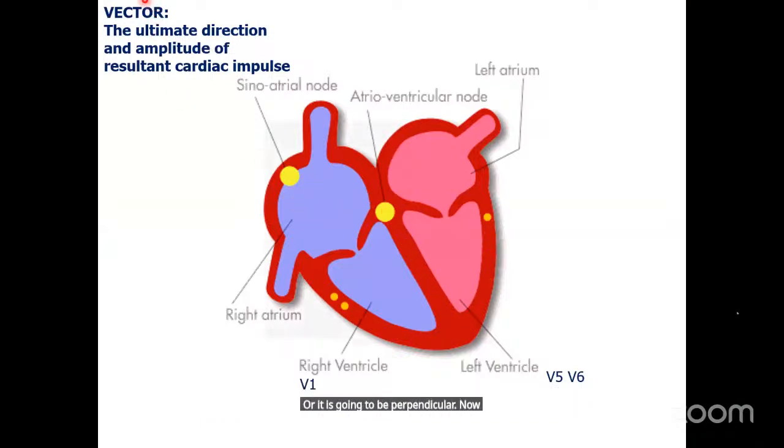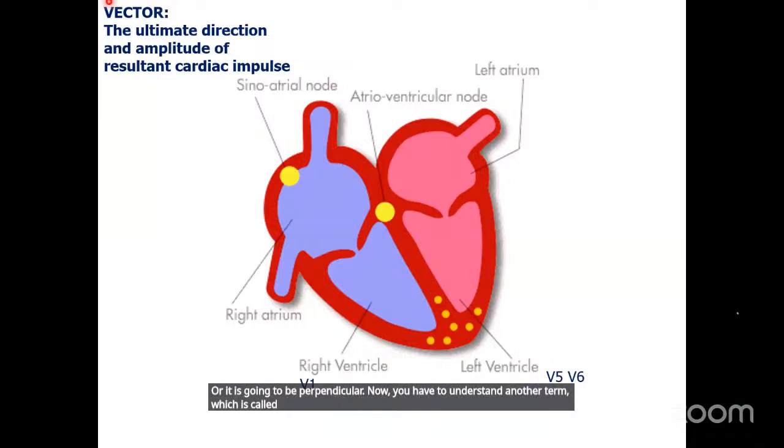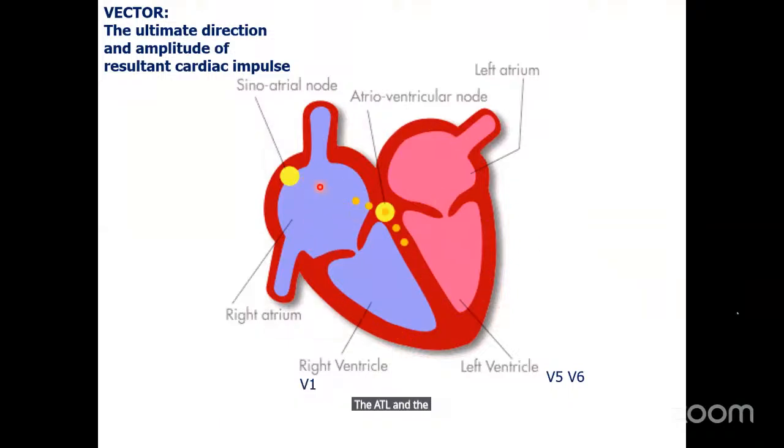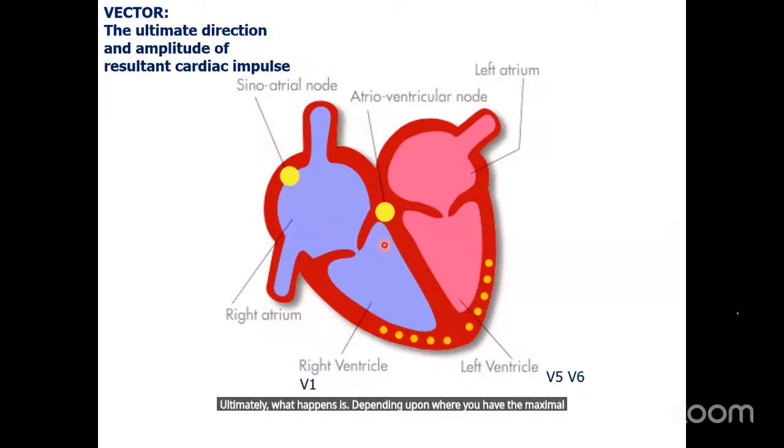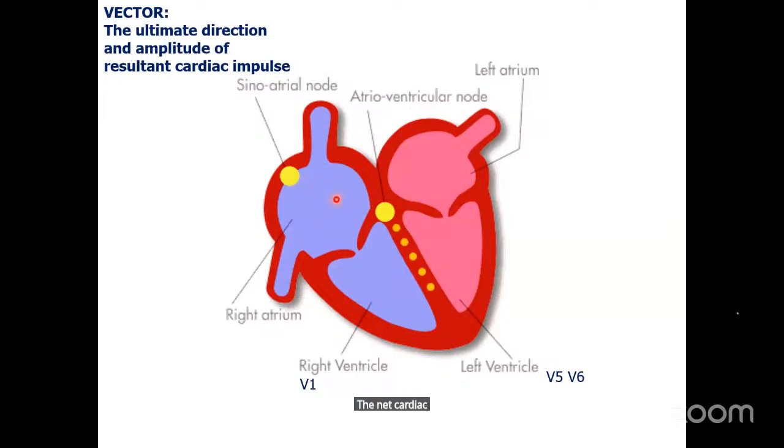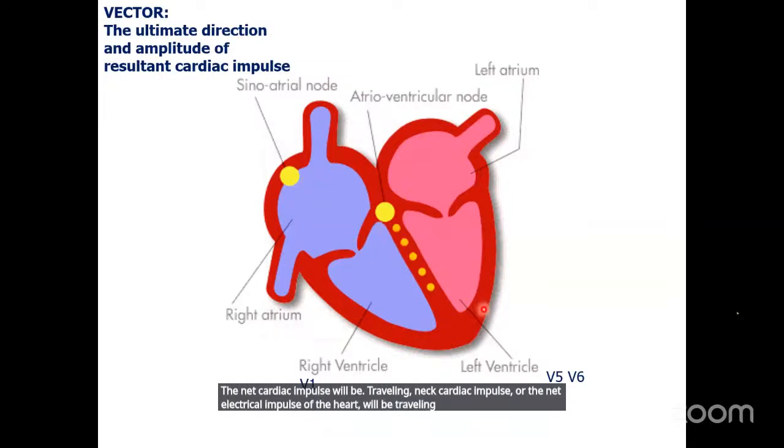Now you have to understand another term, which is called the vector. Although the sinus node impulse has to depolarize all the areas of the heart, the atrial and the ventricular, all the surfaces, anterior, posterior, lateral, medial, right, left, and so on, ultimately, depending upon where you have the maximal muscle mass, the net cardiac impulse, or the net electrical impulse of the heart, will be traveling towards the site where I have